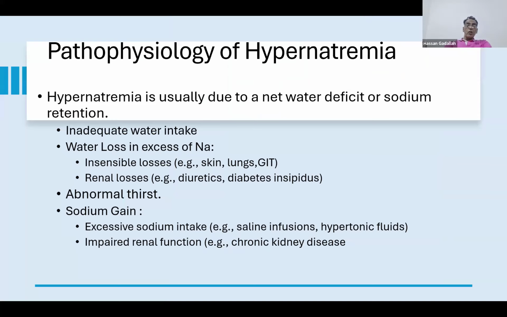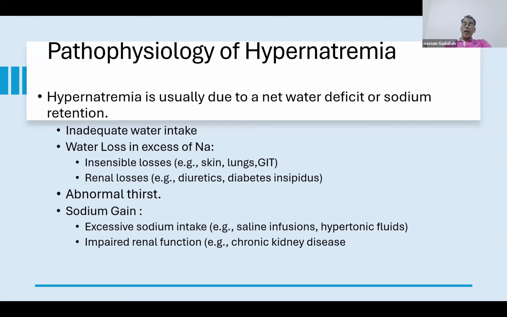So what is the pathophysiology of hypernatremia? If we take the pathway I mentioned and adapt it to the causes, maybe the subject is taking inadequate water, or maybe there is water loss which exceeds the sodium loss. So finally, there is a net water deficit in such cases, and examples of this, if there is excessive insensible loss